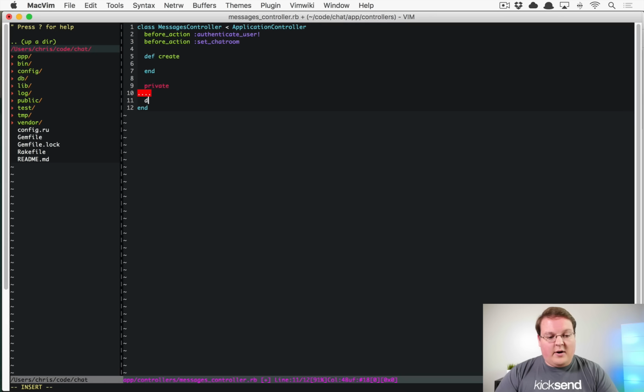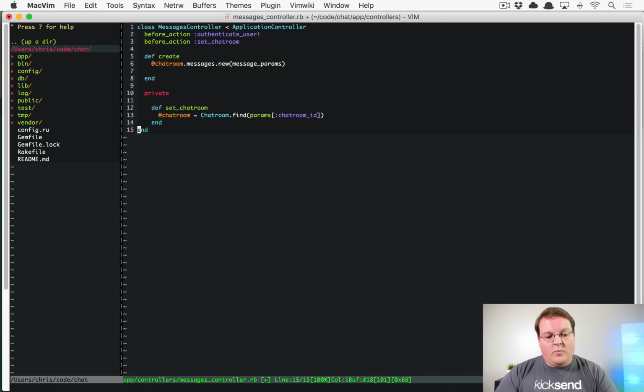And let's set our chat room, @chat_room equals ChatRoom.find params chat_room_id. And here, we'll just say @chat_room.messages.create, or let's say .new, and this will be message_params, which will be a message_params method that says